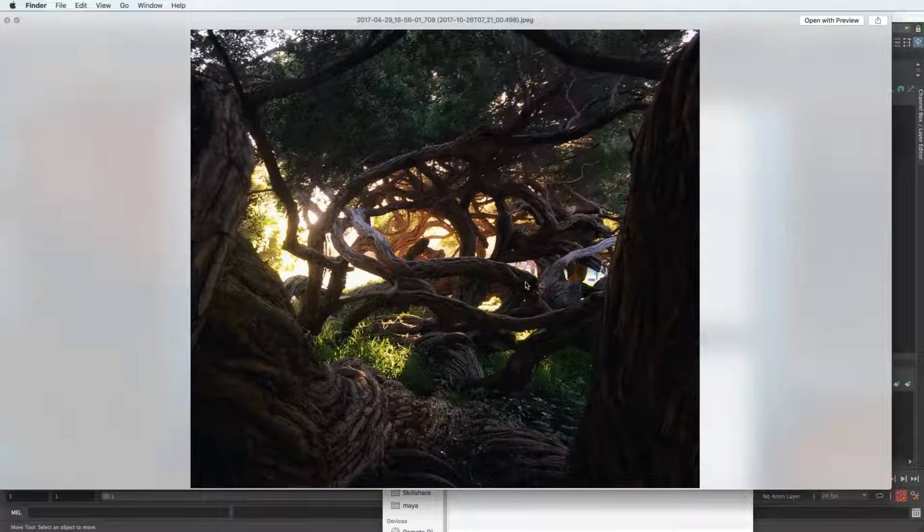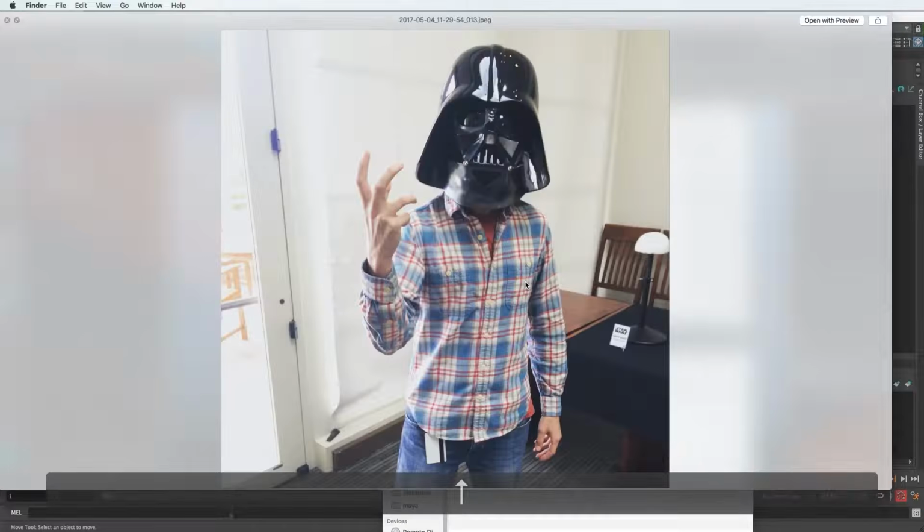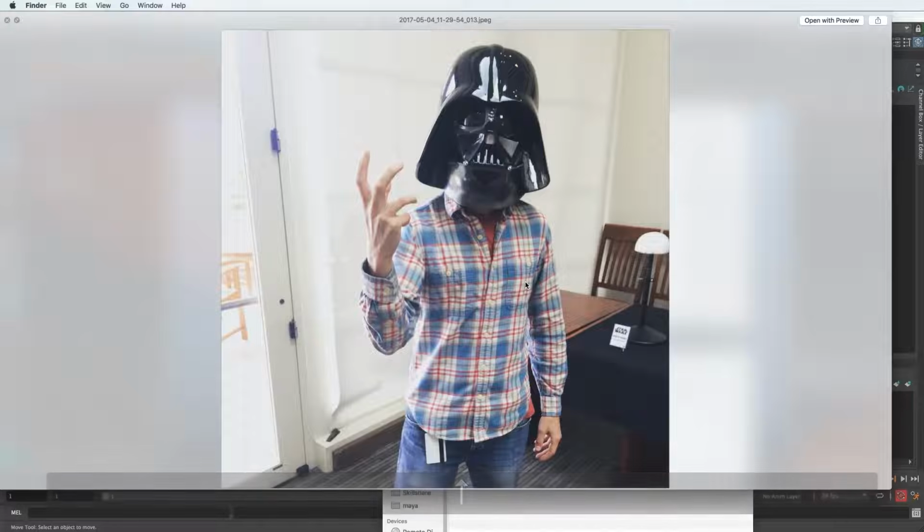And the type of tools we'll use to model something like this will be much different than modeling a hard surface, like me wearing the Darth Vader helmet. It has some curved shape to it, but it's a hard surface. There's not fine detail and texture on the surface itself for the most part. It's glossy, it's like a hard plastic.